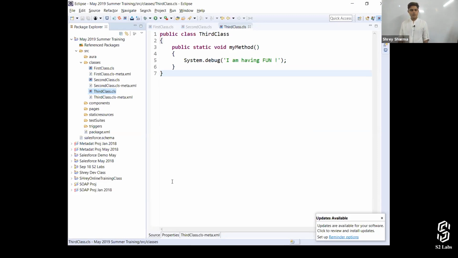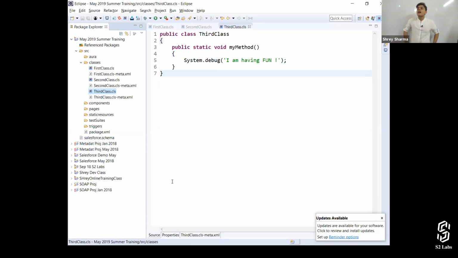That's what we use, right? And one more thing, if you want your code to be saved on your local system as well, or in your Git repository, not only on the Salesforce server, you're going to write the code in Eclipse. So I'm creating a code. When I'm saving this code, it is getting saved onto my local system, or onto the Git repository where I'm trying to store it, but it's not getting stored on the Salesforce servers. So that's one of the advantages of it as well.